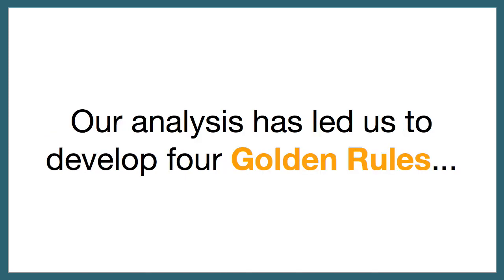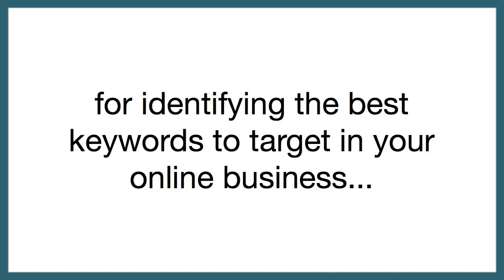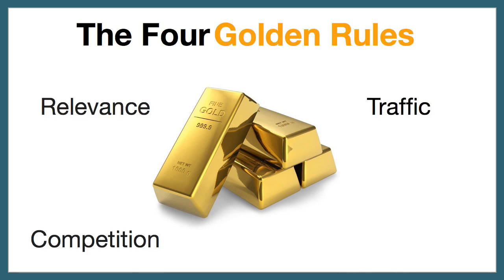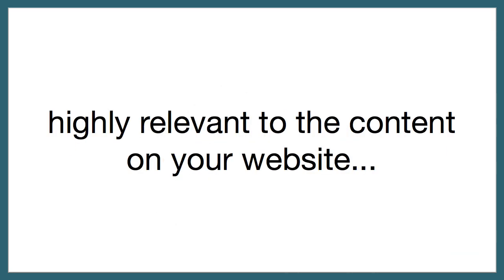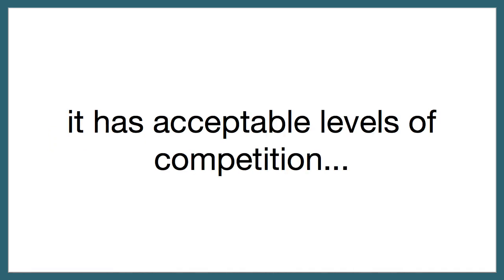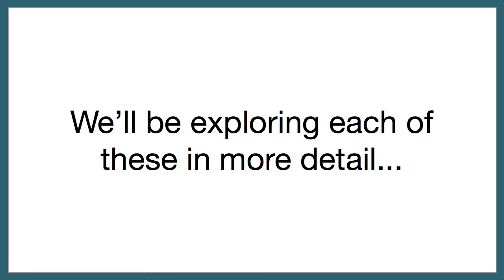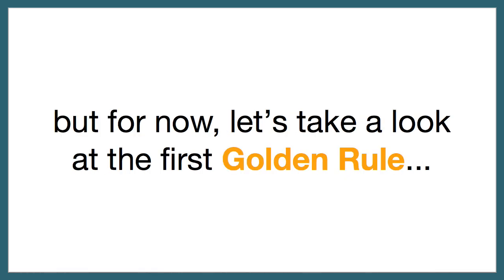Our analysis has led us to develop 4 golden rules for identifying the best keywords to target in your online business. The 4 golden rules are relevance, traffic, competition, and commerciality. A gold nugget keyword is highly relevant to the content on your website. It has a good level of traffic, it has acceptable levels of competition, and has a high level of commerciality. We'll be exploring each of these in more detail, but for now, let's take a look at the first golden